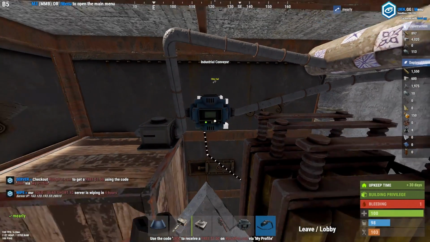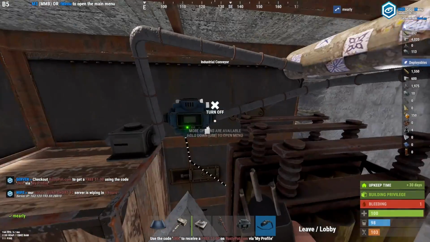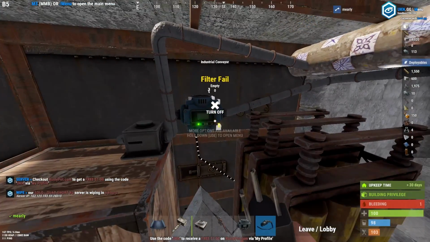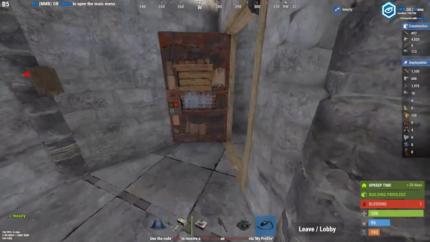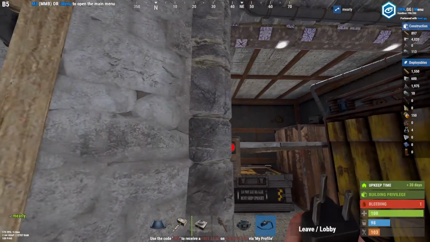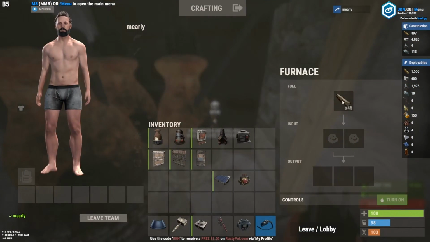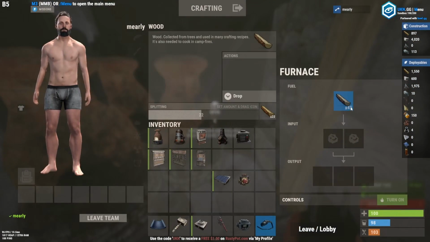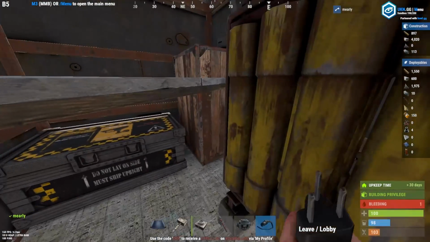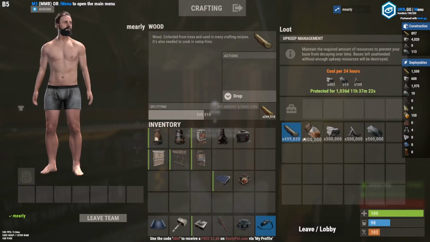Now you do have to turn it on. And you might think, okay, filter time. You don't need to touch anything. With this closed loop system, it's only going to move what it can move, and that's things that are allowed to go into these furnaces. So no filters are even needed for this setup, which is another amazing thing about it that just makes it super simple and easy to set up. And as you can see, it's starting to put items into the furnaces, which is just this wood